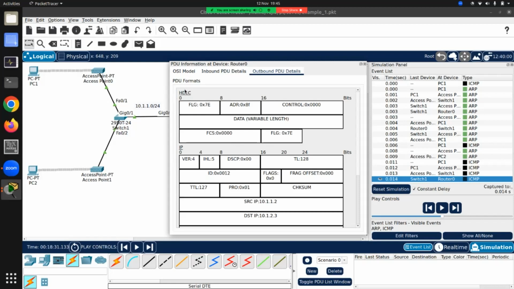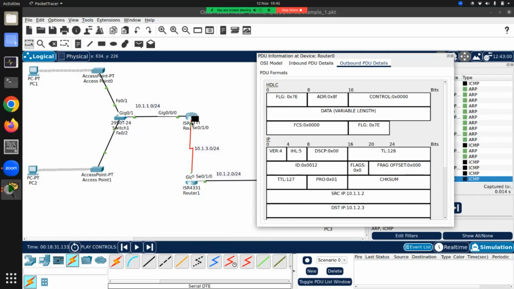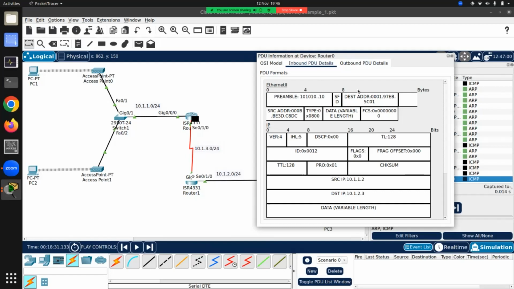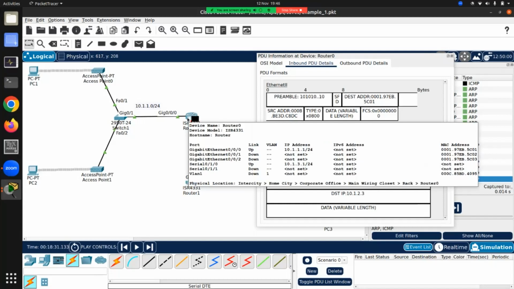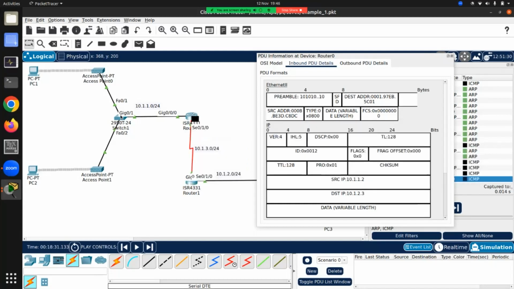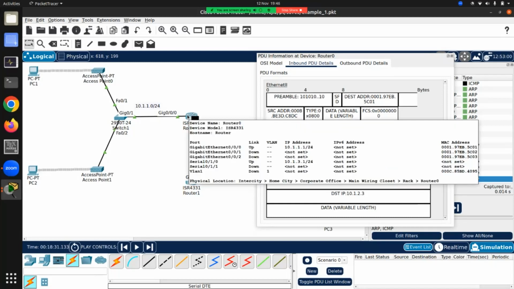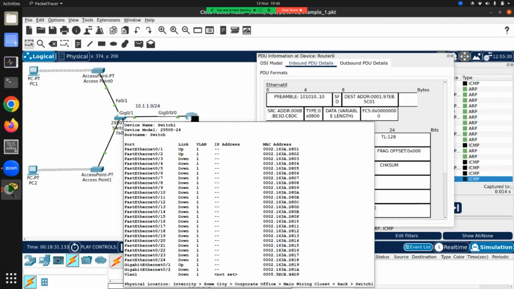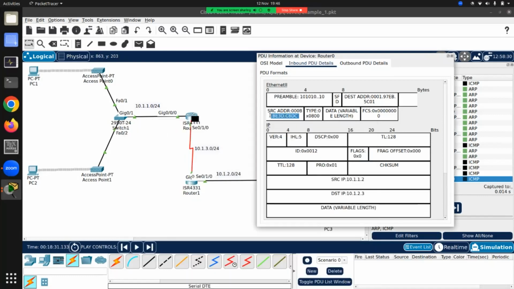using a completely different protocol called HDLC. HDLC protocol will be used in serial links. A completely different protocol will be used here. Inbound, again, you see 5C01. This is the inbound packet with destination what? 5C01 is the router, this one. And the source address is this C8DC. Let's see